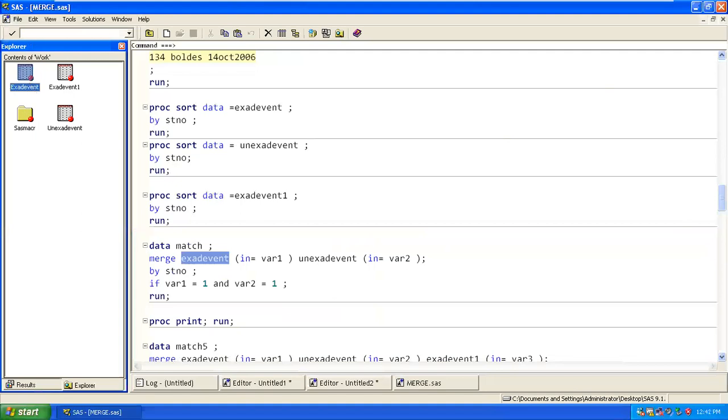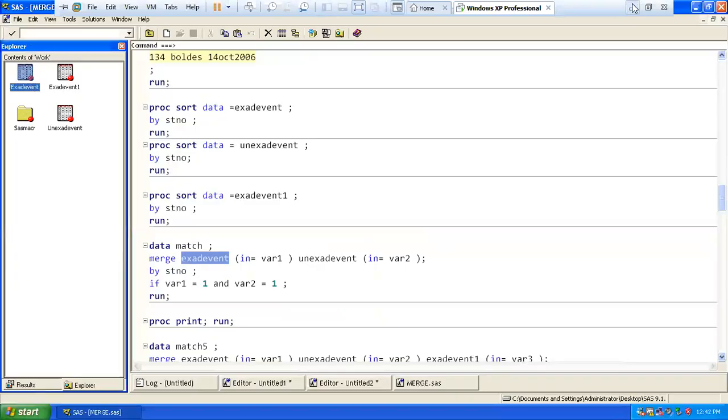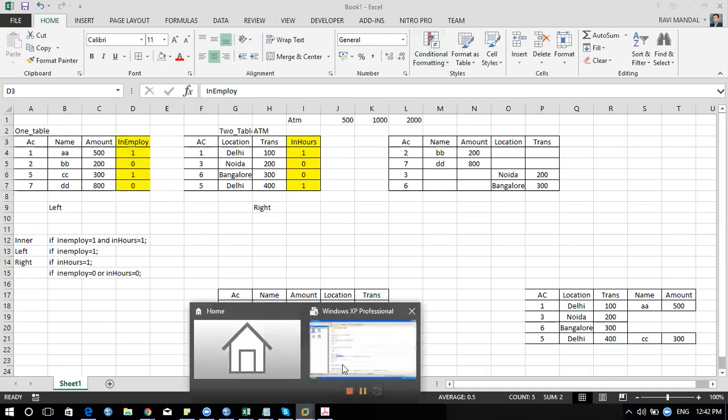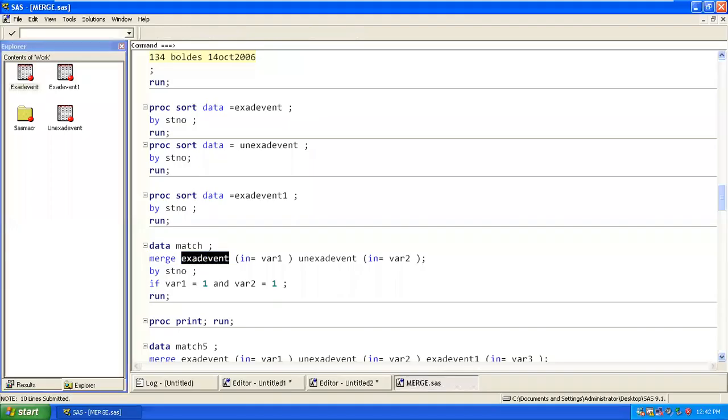Is it audible? Yes. In XEVENT we are creating one more variable called var1, same as we have seen in Excel. So these are the automatic variables, correct? We are creating them for both of those. We are getting one more variable with the name var1 and another with the name var2. This is in the backend.